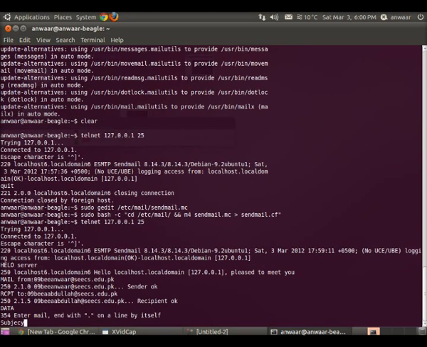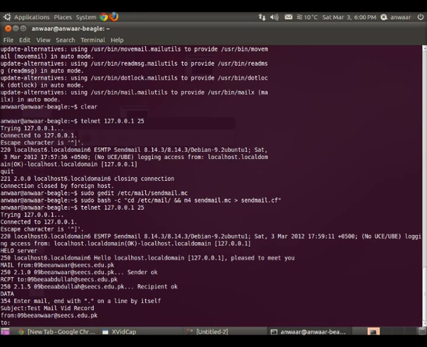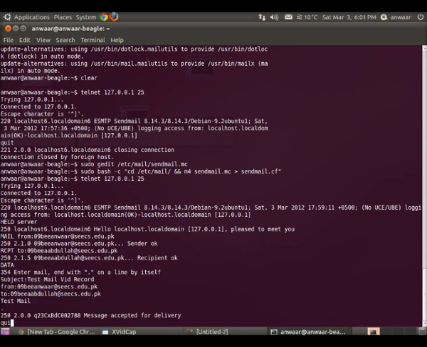Data. Now here I am entering the subject. I will enter the from and to fields. This will be the field which will appear in the mail. It will be the difference. Well, this is mail from and recipient to, already mentioned above. These are the original recipients and destination, and this form will be filled in the main field, which is shown in the mail. So let's do it. Abdullah at 6.edu.pk. Alright, this is a test mail. Dot. Accepted for delivery.